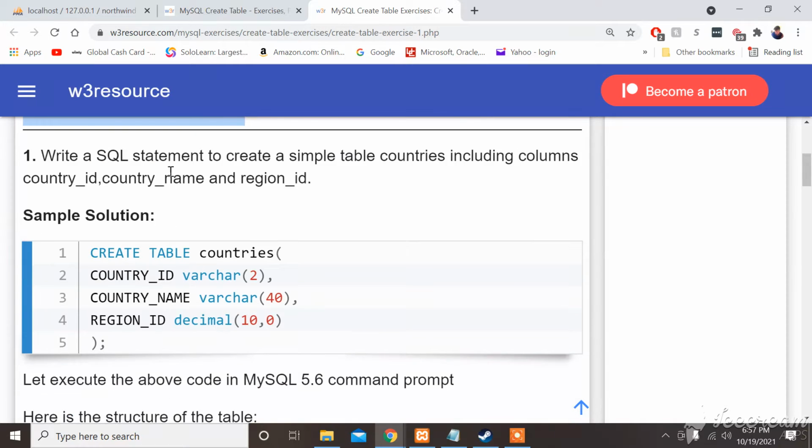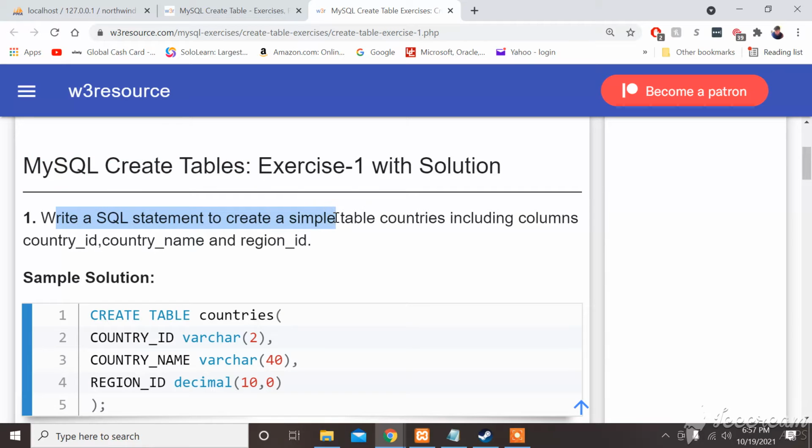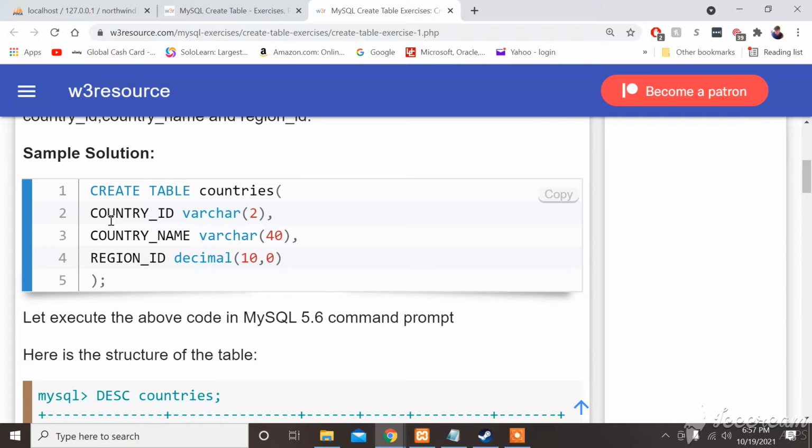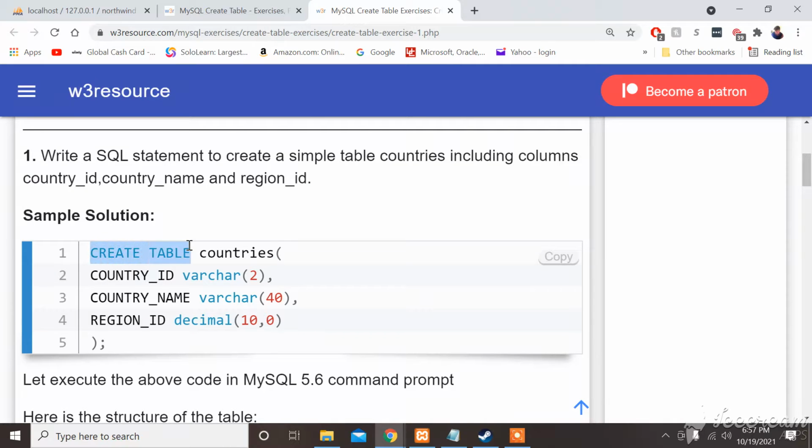Exercise 1 with solution. Write a SQL statement to create a simple table, countries, including columns country ID, country name, and region ID. Sample solution: CREATE TABLE countries (country_id VARCHAR(2), country_name VARCHAR(40), region_id DECIMAL(10,0));